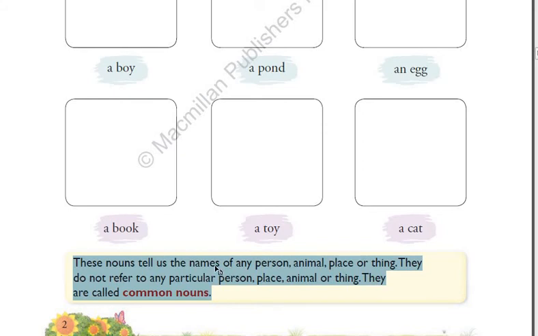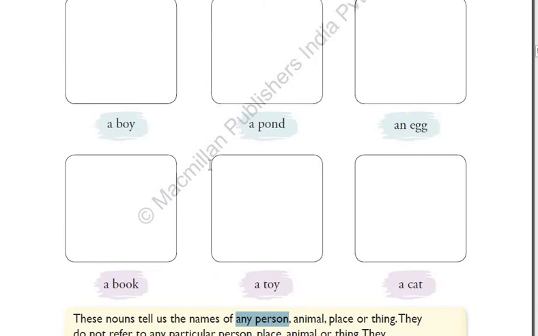Yes, let me again repeat it for you as we are taking the glimpse. These nouns tell us about the name of any person. See, any person, but not a particular person. I showed you these examples, and then we solved like the boy. Here boy means it could be Rohan, it could be Ibrahim, it could be Said, it could be Ali, it could be Parvez, etc. These all are names of boys, correct? So the boy is not limited. Boy can be anyone, any male, we can call them a boy, correct? So it is not a special name given.